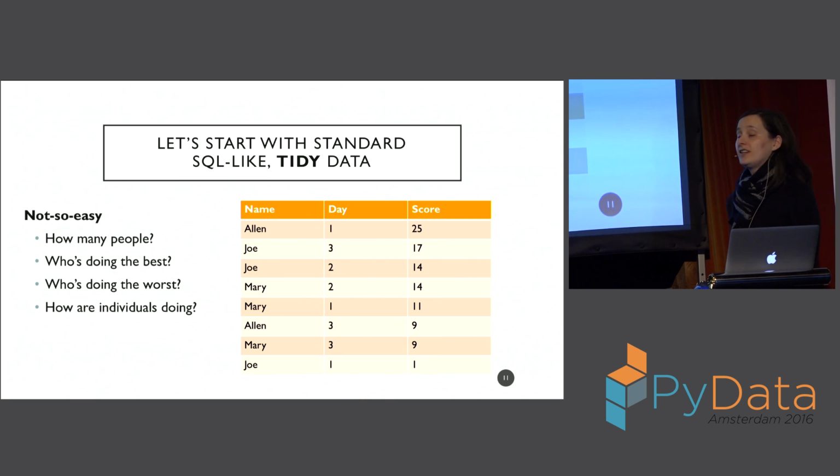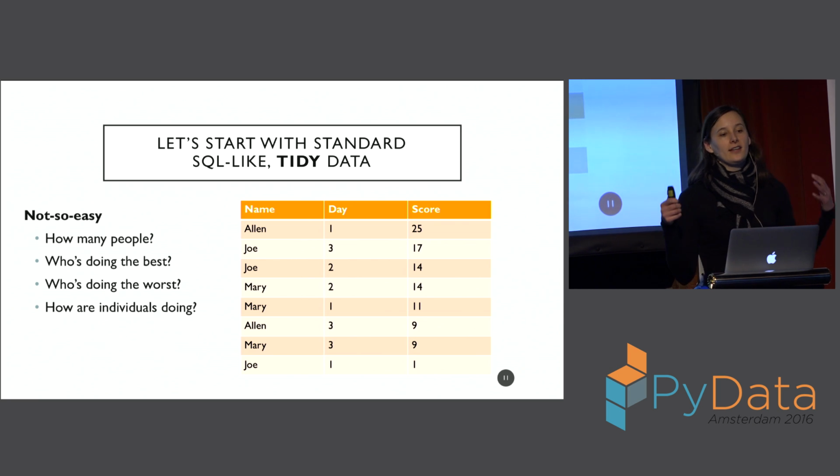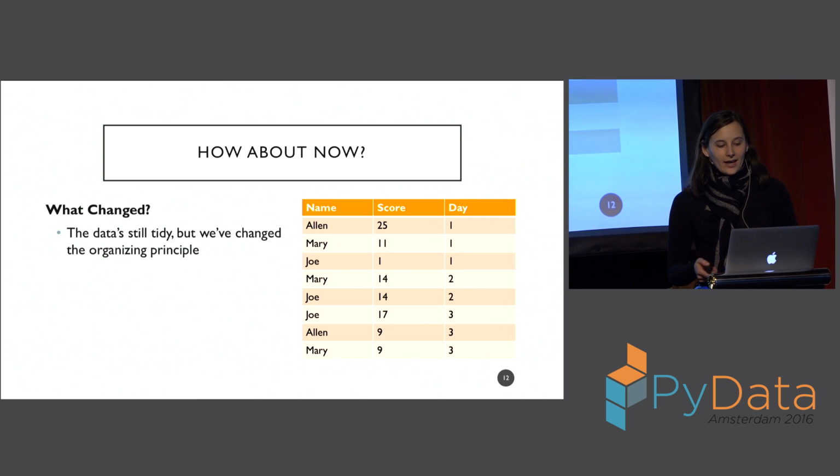So let's say I'm a grade school teacher. These are some of my students and some of their scores. If I'm storing my data this way, that's not fantastic, right? I don't have some sort of easy to access, easy to think about way of categorizing how my students are doing. Okay, I'm going to change it up a bit.